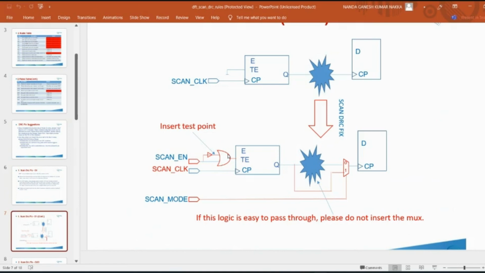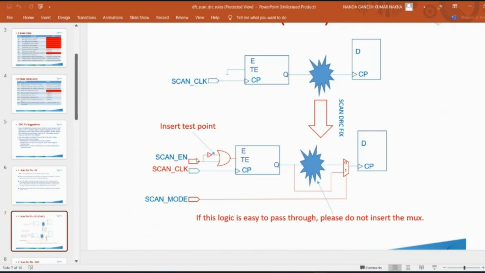because of one scenario: whatever you do in DFT, do not change the functionality of the design. Got it? Whatever you do in DFT, never change the functionality of the design. If you do change the functionality of the design, then you have to make sure that it is updated to the RTL team. And by default, you should never change the design. Now,